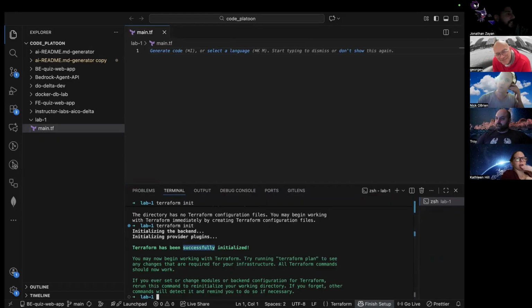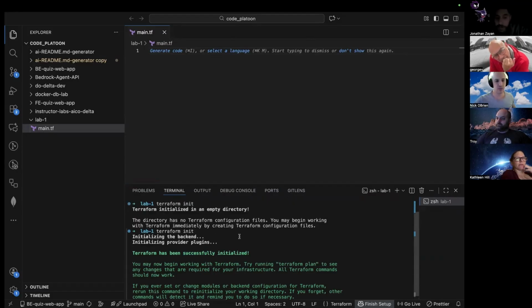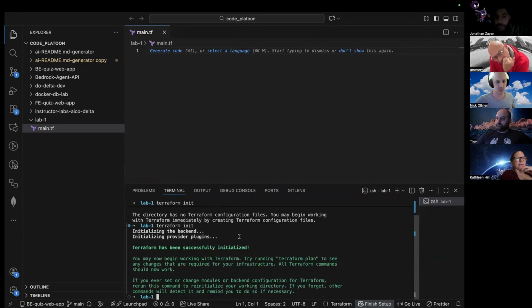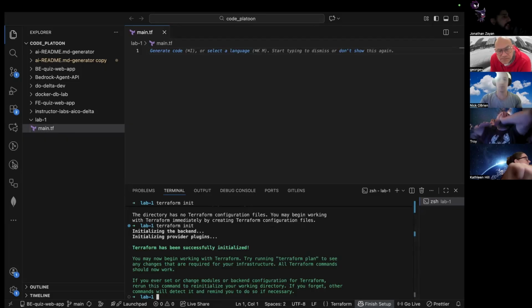So what did we get when you ran init before making main.tf? It did Terraform initialize in an empty directory, and it was pretty much saying, what do you want me to initialize? It's kind of what was happening because there's nothing for it to initialize. So just by creating this file, it's now saying, oh, okay, cool. I have this file here. I can kind of get started, even though it's empty, just because it exists. So now we're ready to start writing.